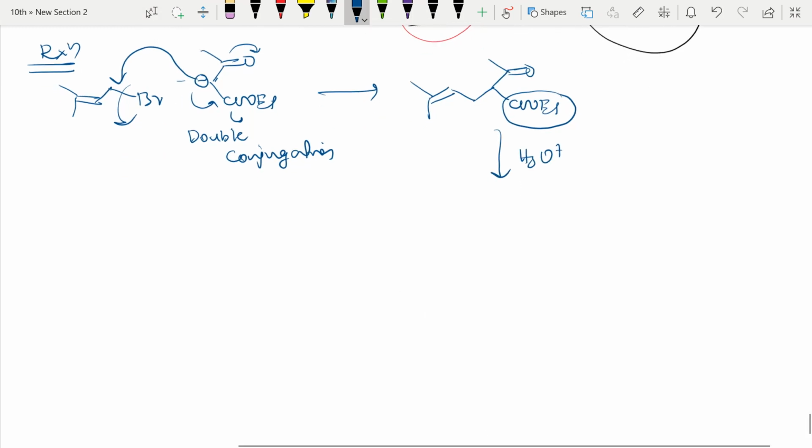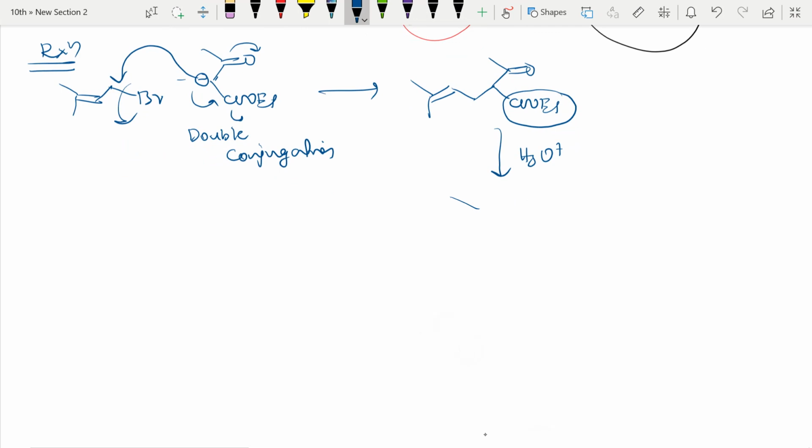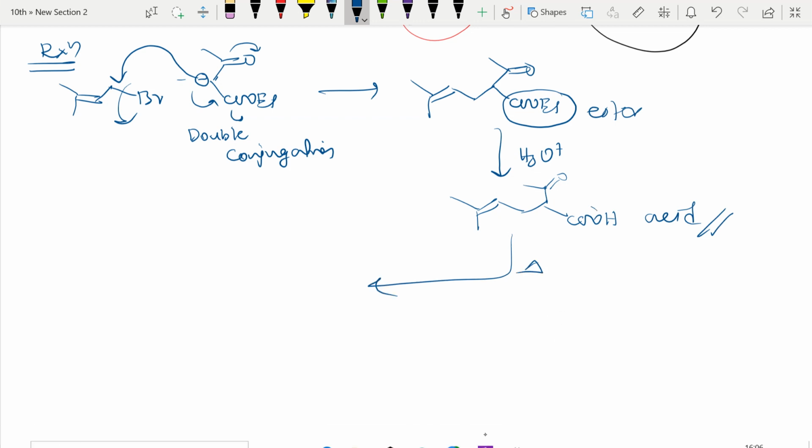So what I will get, these things you have also studied in natural products. Most of the time they do this only: the ester will be converted to acid, COOH, simple, right? Further, what happens, if I heat it, this carbon dioxide will be eliminated, minus CO2, and this proton will attack here. The reaction I will simply write here.